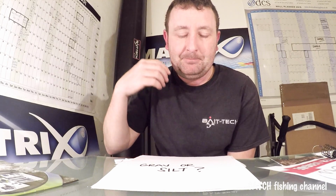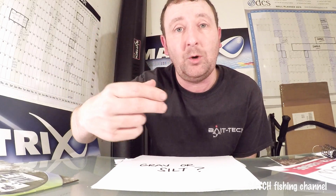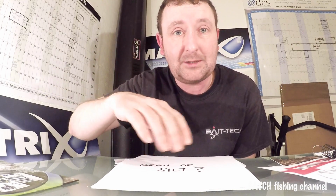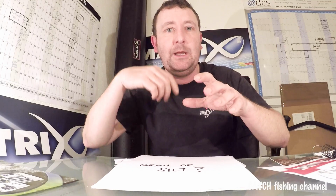But I think with the method feeder, certainly it matters, because especially if you're casting at range where you've got quite a bit of weight on, and that's going into soft silt, it's going to affect the presentation of everything. Sometimes the fish might not even be able to get to it if it's a really soft bottom. But I've generally found, especially when fishing a cage feeder at places like Barston, that I've always had better